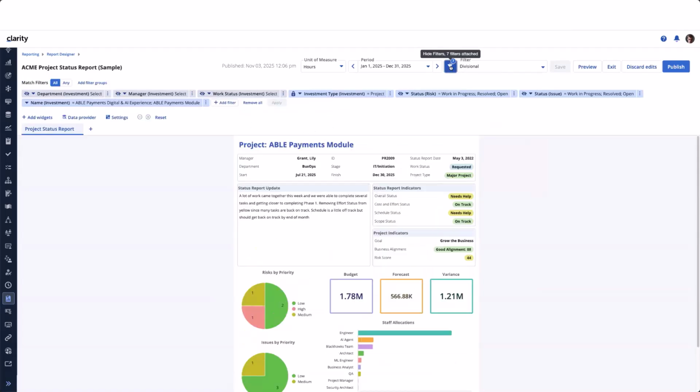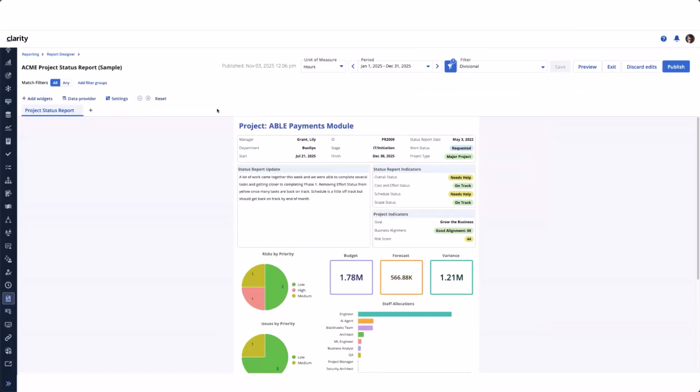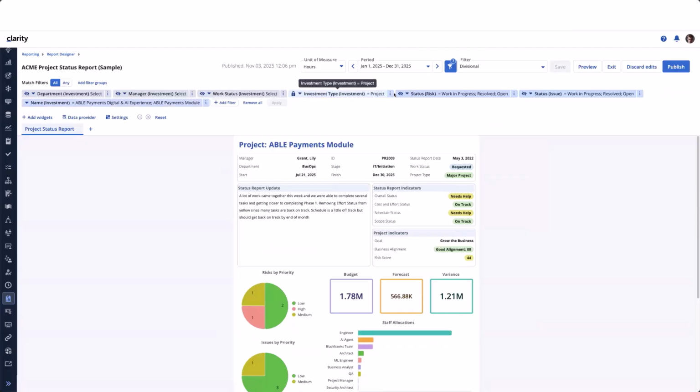So I have my filter chip button here. Number one, it tells me I have 7 filter chips applied, regardless of whether they're hidden or not. You can see that many of these are using the hidden icon. This one is locked, and then the other 2 on the top row are hidden, but not the bottom one here for the investment name. So if I were to come in and look at corporate, or let me go to lead managers, I have 7 filters here, but I can add